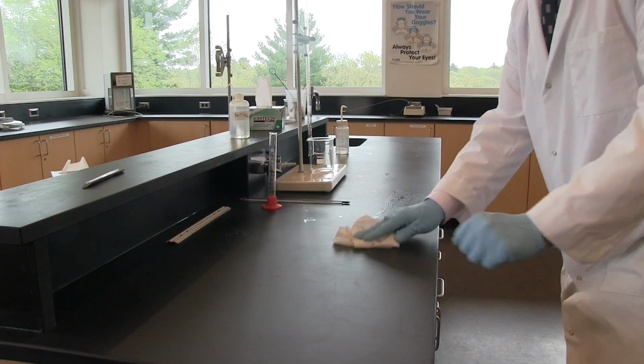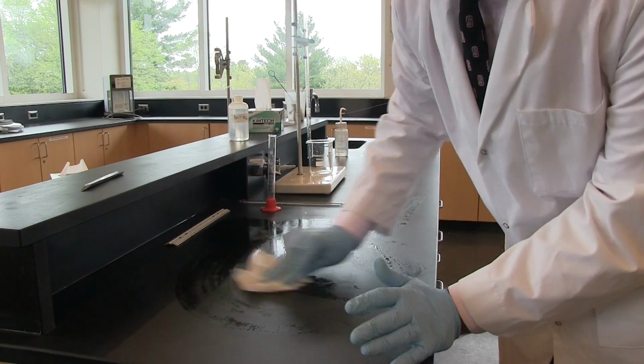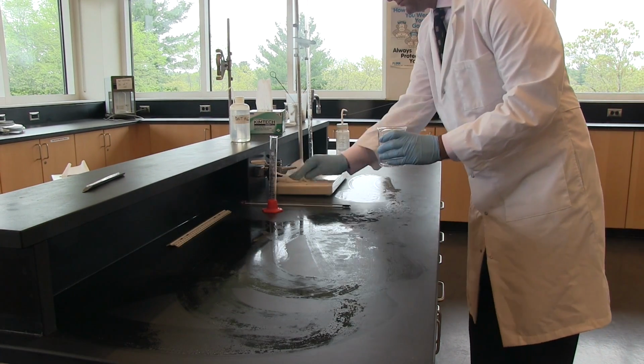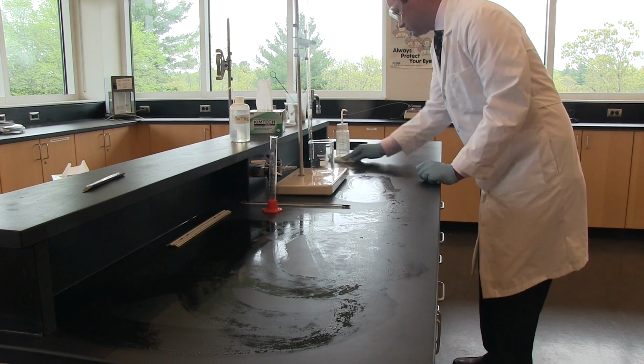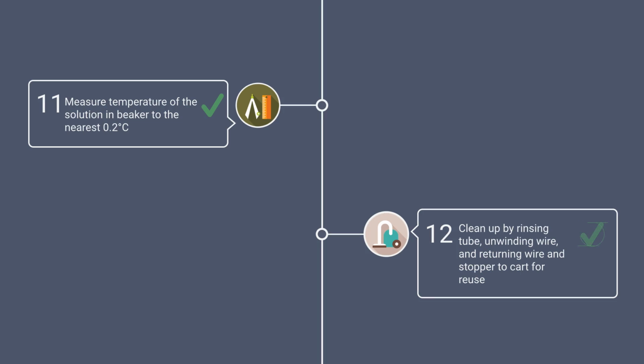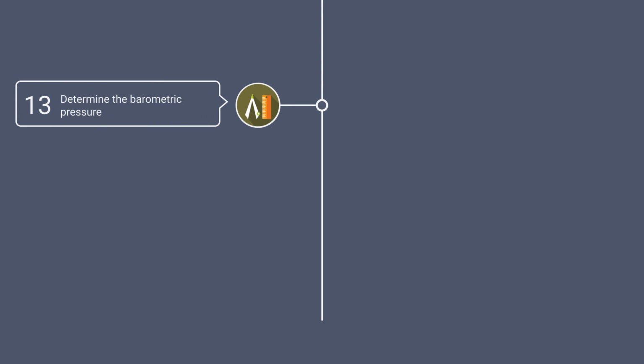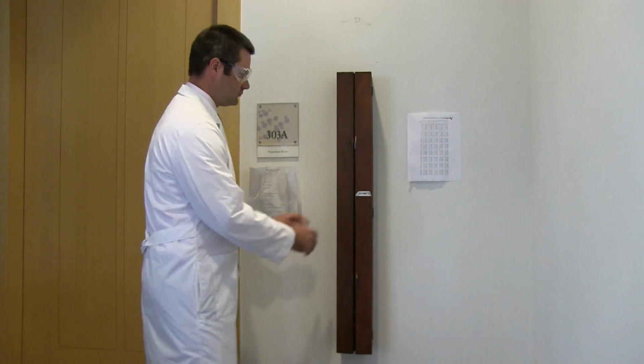Once you know you have 4 measurements, unplug the stopper and rinse everything down the drain. Make sure you wipe down your station. To make our final 2 measurements, we actually need to move into another room. Listen to your teacher on where to go to find the barometric pressure. Some teachers might just tell you what it is, but if you need to find it yourself, open the doors